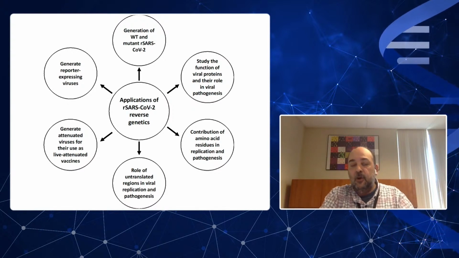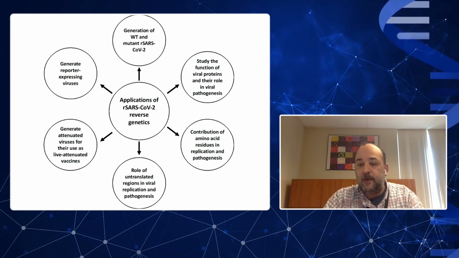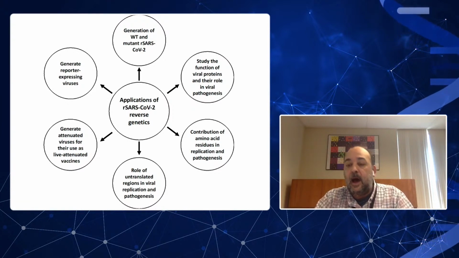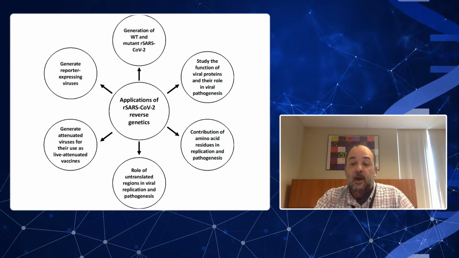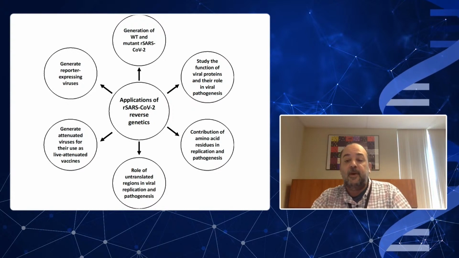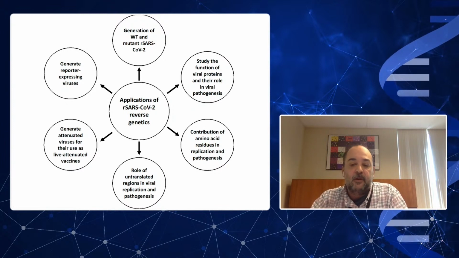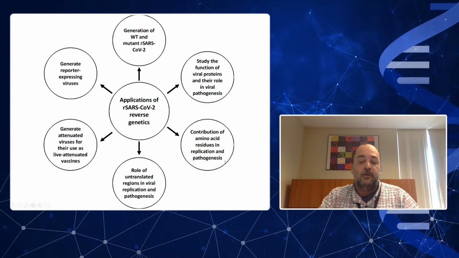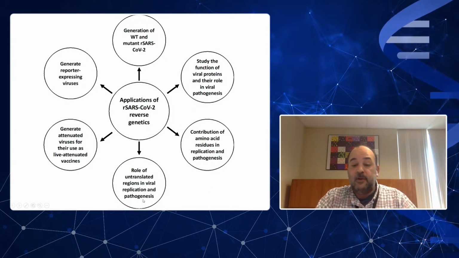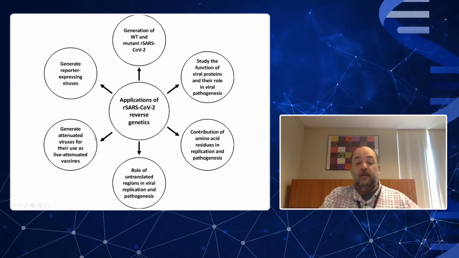Actually, we have been able to generate already recombinant viruses where we delete individually every single open reading frame, like the open reading frame 3A, 6, 7A, 7B, and 8, and assess the contribution of these accessory proteins in pathogenesis using the transgenic mouse model of infection. You can also use them to introduce amino acid mutations in a particular viral protein to assess their contribution in replication and pathogenesis, to understand the role of untranslated regions in viral replication, to generate, similarly to the influenza virus,